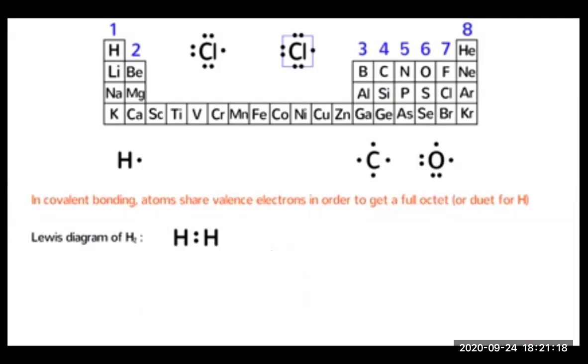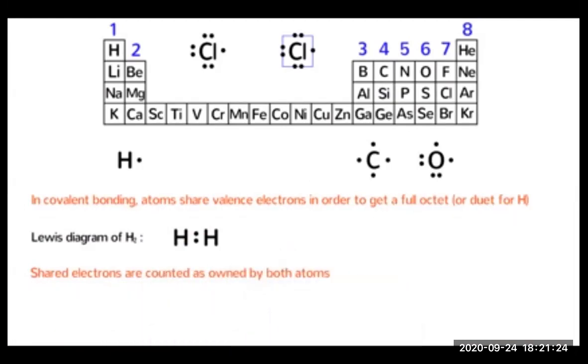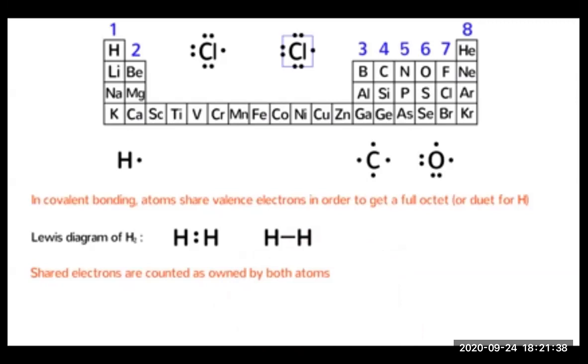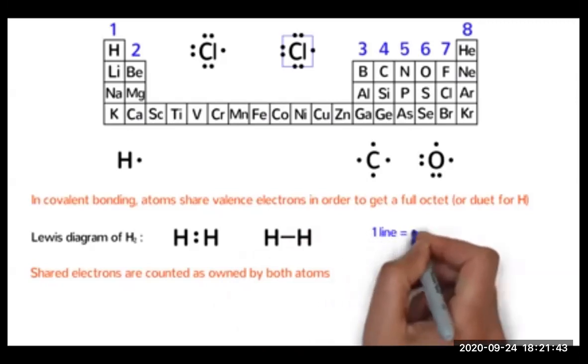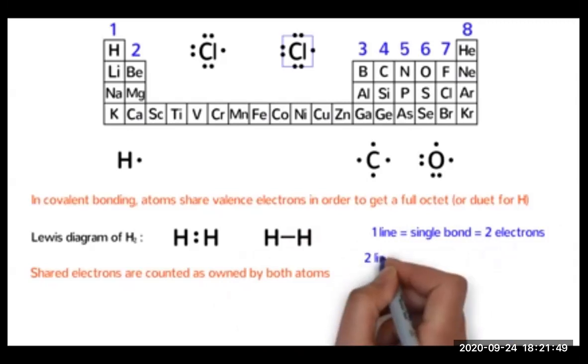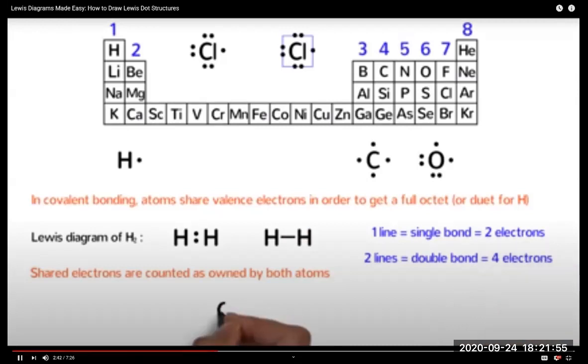And the crazy thing is that in the wonderful world of atoms, the shared electrons are counted as owned by both atoms. That means that both hydrogen atoms are happy because they both satisfy the octet rule. Now, we normally draw hydrogen and other molecules with lines to represent shared electrons and dots only for non-bonding electrons. These two diagrams of a hydrogen molecule are equivalent because one line, which is a single bond, represents 2 shared electrons. In the same way, 2 lines between atoms would be a double bond and would be the sharing of 4 electrons. An example of a molecule with a double bond is oxygen, which looks like this.